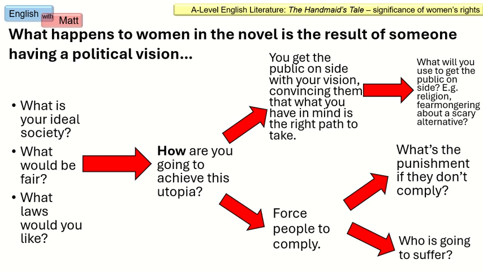So we know in The Handmaid's Tale, for example, the women suffer by being sent to the colonies to rake radioactive waste. Allegedly, that is what is said, even though we don't see it necessarily. So if you're going to use force, you're going to have to create a system of punishment for those that don't comply. And that leads me to what I've already said, which is that, in my view, and I think it's true,